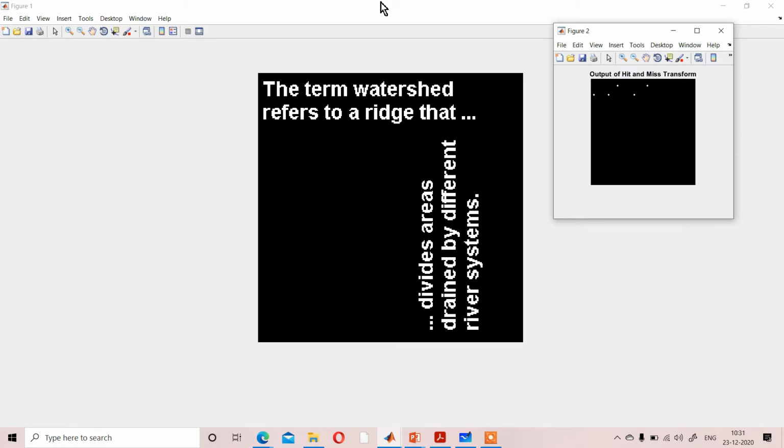Suppose you are trying to change only that pixel's value, so you can change that pixel value from 250 to any value in the range 0 to 255. So that is the process to do the hit or miss transformation, and those are the advantages of this technique.